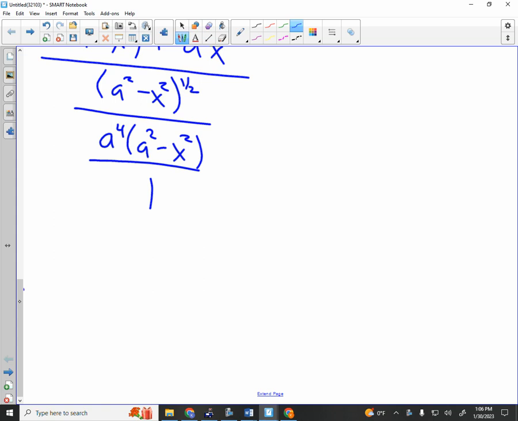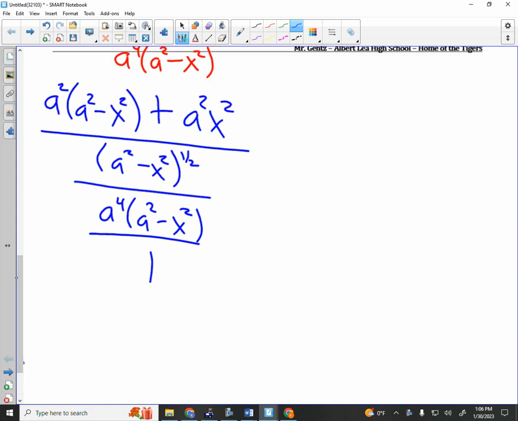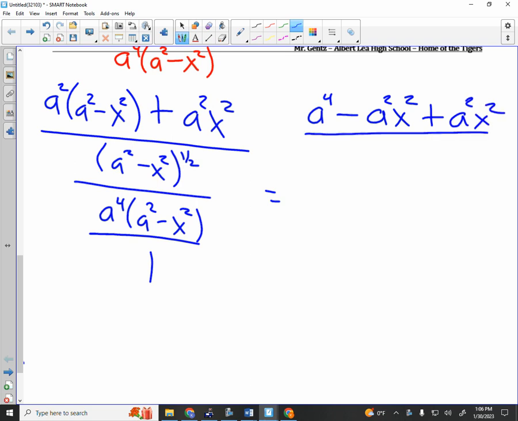I know it doesn't look nice, but it is ready to work itself out. Let's simplify this numerator right here. What do you get on top? A to the fourth minus a squared x squared plus a squared x squared over